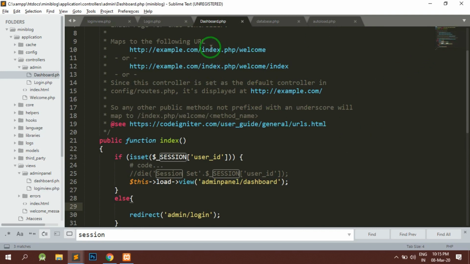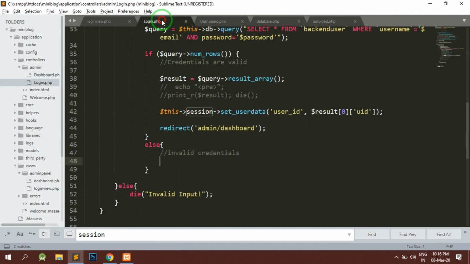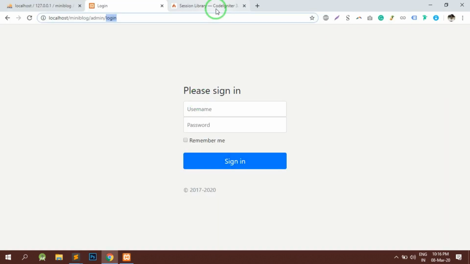Okay, let's first complete the dashboard code. If the user is trying to access the dashboard, but the user has not logged in or the session is not set, we redirect the user to the login screen. That is okay, so this code is finished. So we will come back to the login screen, and if the credentials are invalid for the user, here we can either set the session